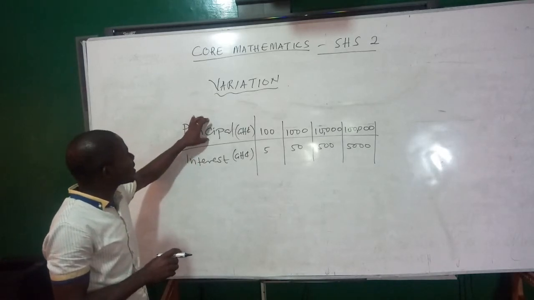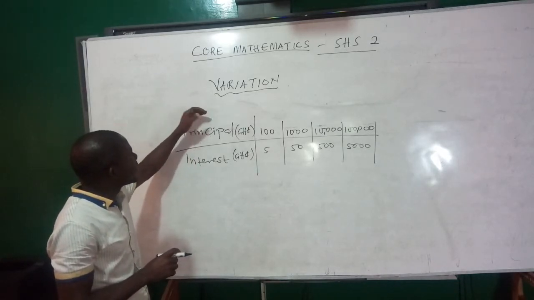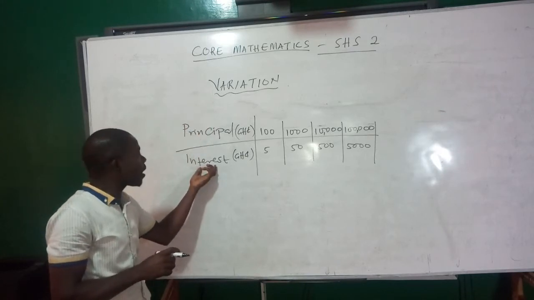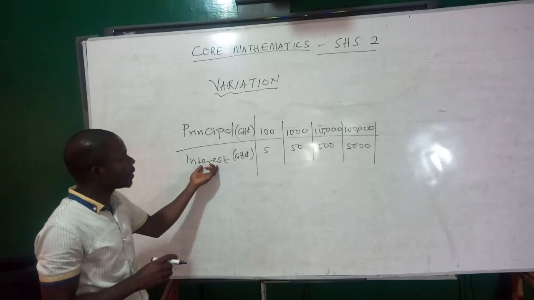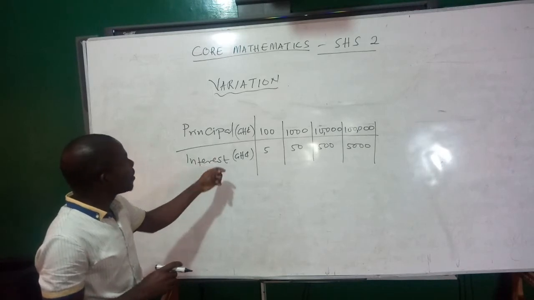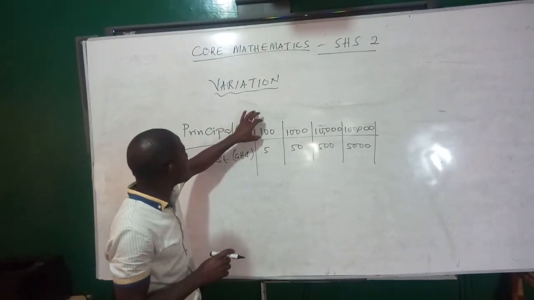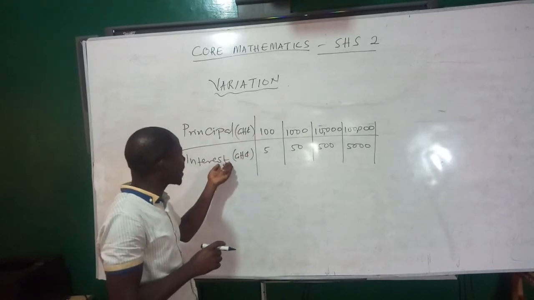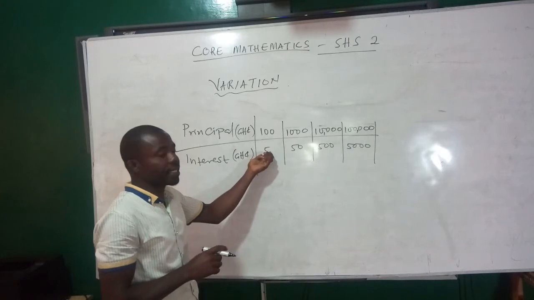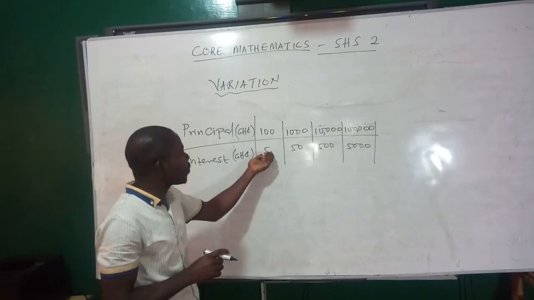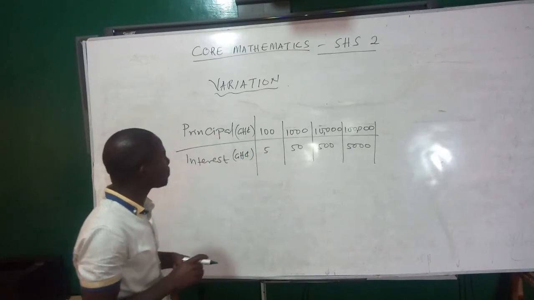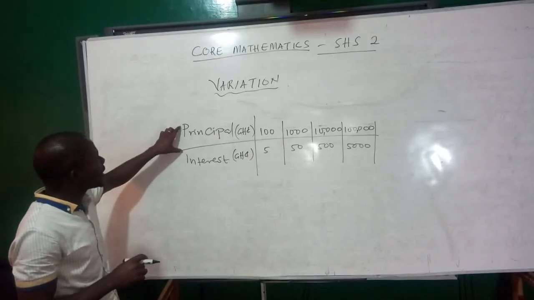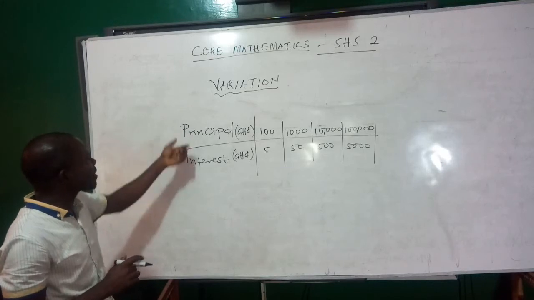So looking at this, we can see that the principal is directly proportional to the interest. Whenever the principal is increased, there is a direct increase in the interest. So this is an example of direct variation. And with this, we can write it mathematically as